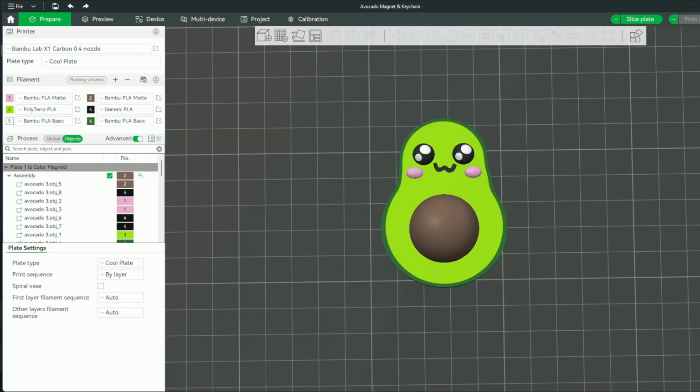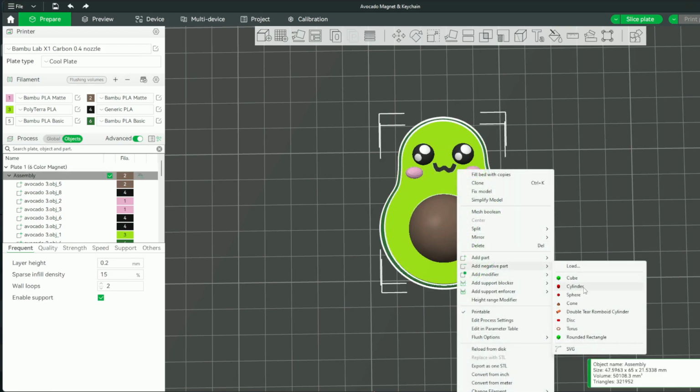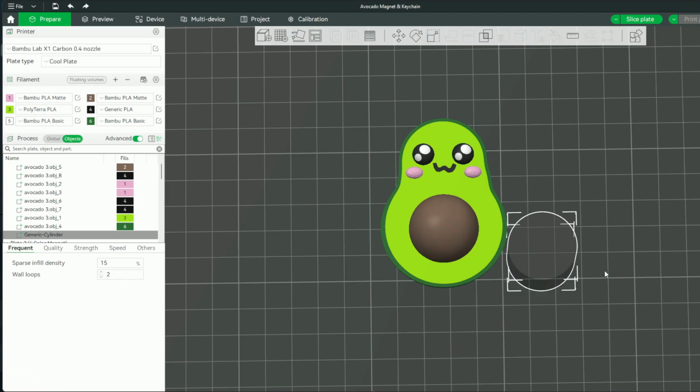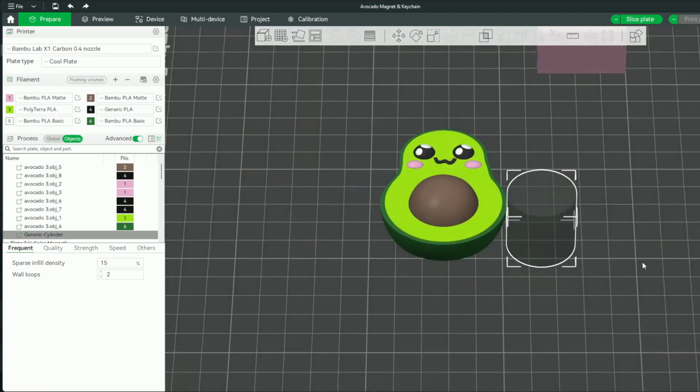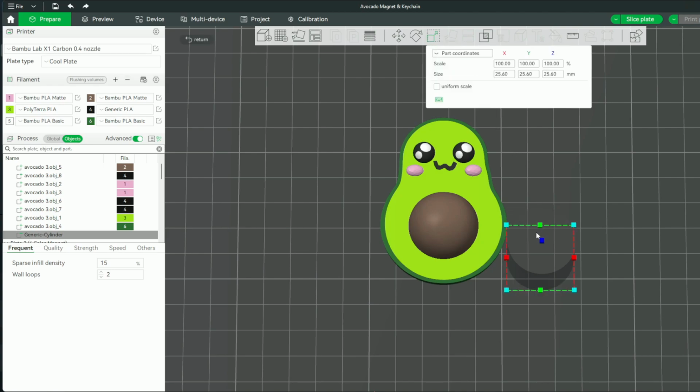All right, so we're going to go ahead and start by right clicking on our model, and we're going to go to add negative part and choose cylinder. Now it's always going to load it up above, kind of flat on the plate. So that's fine. So what we want to do is adjust this model of this negative object to the size